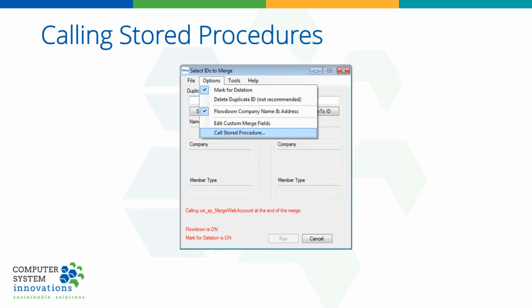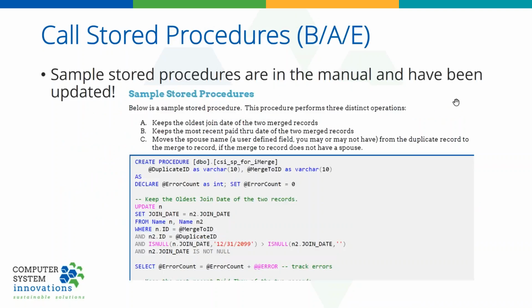In order to do this from iMerge, you go to Options and you say Call Stored Procedure. And then I took some screenshots from the manual. Here's a sample stored procedure that we give you that basically says we're going to keep the oldest join date, we're going to keep the most recent paid through, and I'm going to move the spouse name if it's missing on the record I'm keeping but filled in on the record I'm getting rid of. So there's a little bit of manual work you have to do here. You can actually copy and paste most of this code and reuse it. But there's a little bit of work you have to do, but it really allows you to have full control over exactly what iMerge is doing rather than having it do what you don't want it